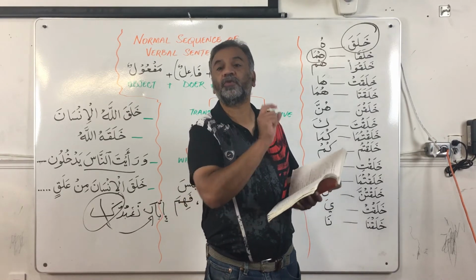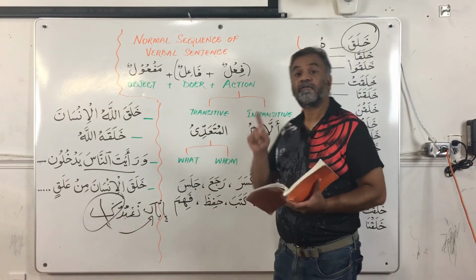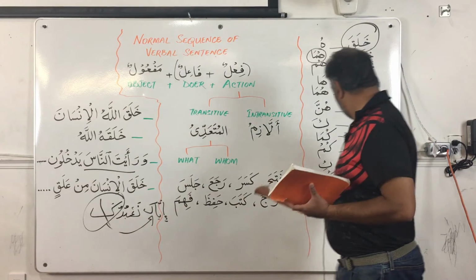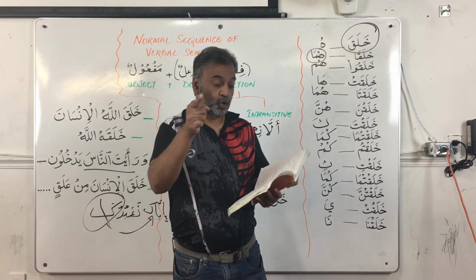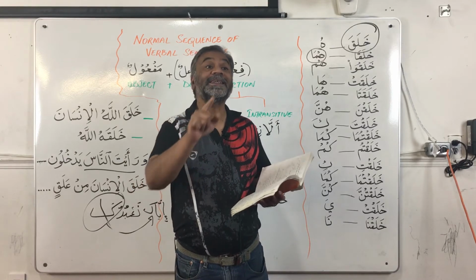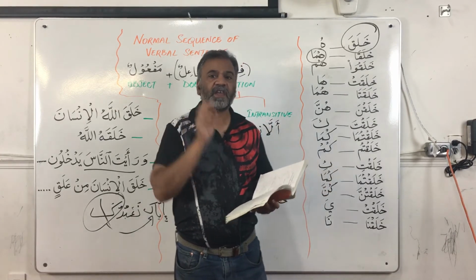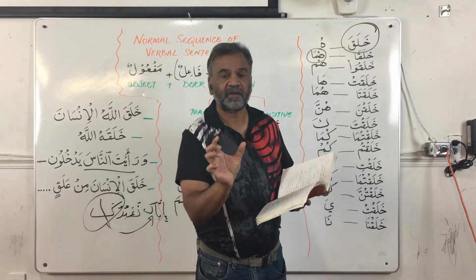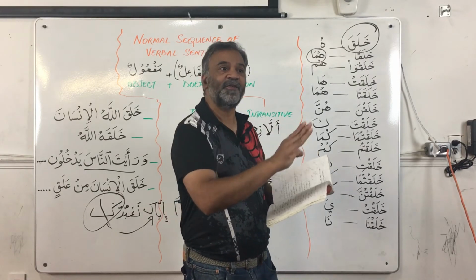How many words in fatah tu hu? 3 words. Where is your action? Fatah, opening. Opening is the action. Where is the fail? Tu. Tu is the fail. I opened, right? Fatah tu hu. Who is your object? So I opened it. Opened what? Bab al fasli, door of the class. So this is exactly what Dr. Saab is trying to teach us. When we read the Quran and one word comes, we don't consider it before our knowledge. We would consider it one word, but it is not. There are 3 words in it: fi'l, fa'il, and maf'ulun bihi.